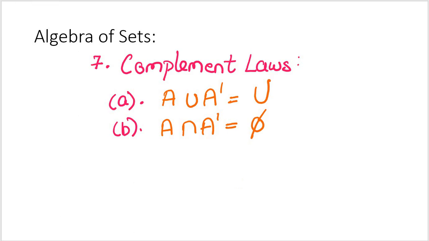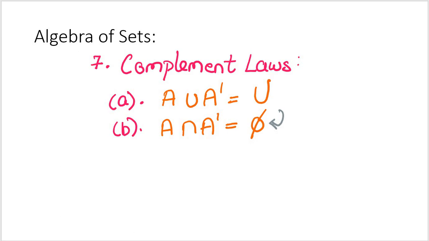Right, so what we are doing is on one side I have the elements which are there in A, on the other side I have the elements which are not there in A just because of this complement. And if I go for the intersection of these two, obviously I will not get any common element, and in that case I am going to get this null set only. I hope my explanation makes some sense.